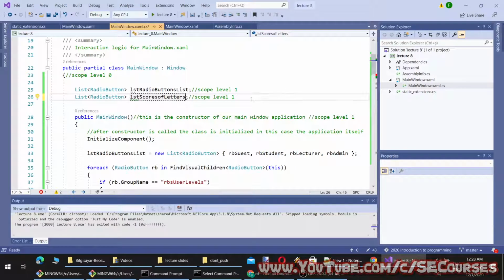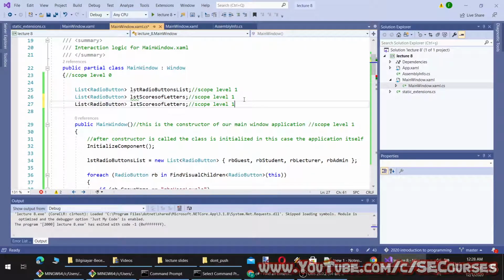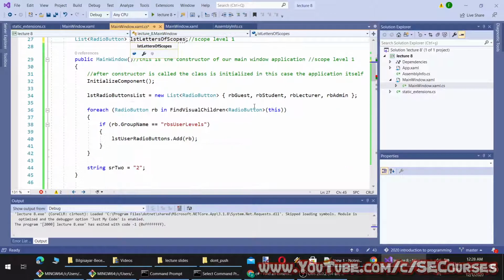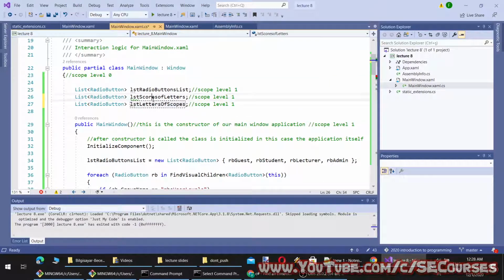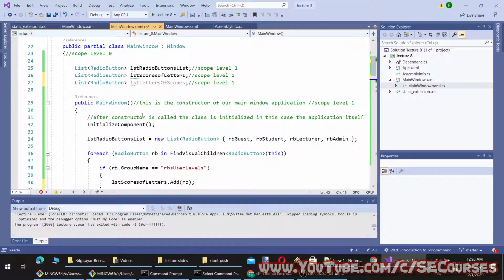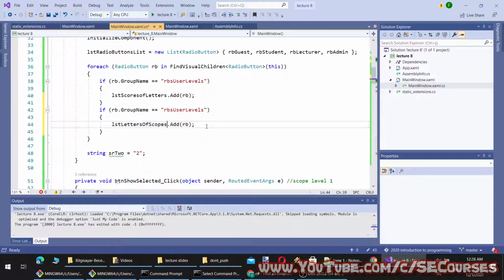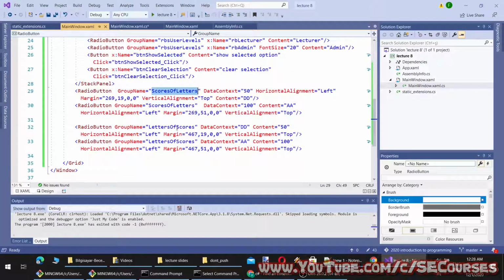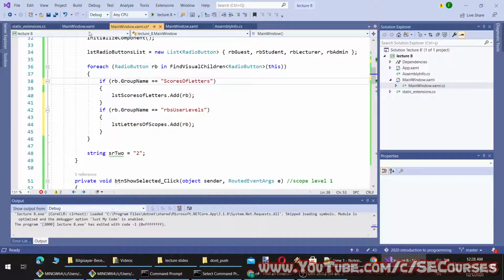Letters and scores. So scores of letters here and letters of scores here, and the group names are scores of letters.